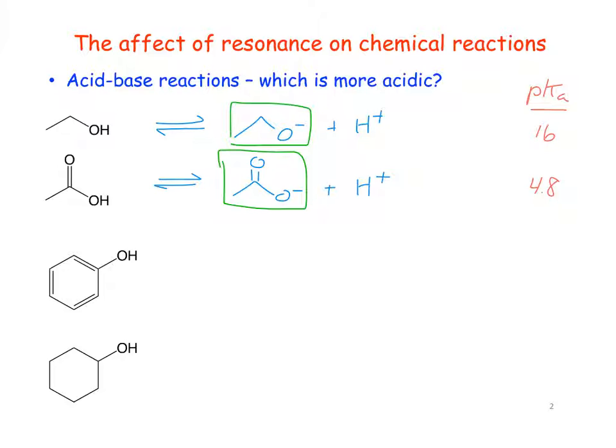We said that the conjugate base of the carboxylic acid, or this carboxylate anion, is more stable because it can share these electrons using resonance, like this. Okay, so these electrons are delocalized,